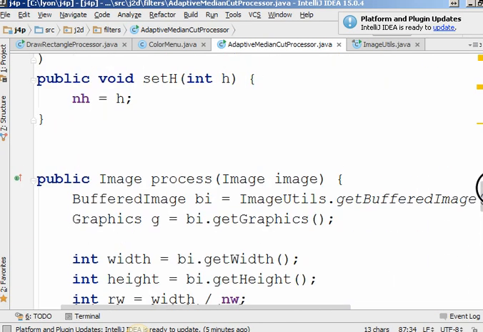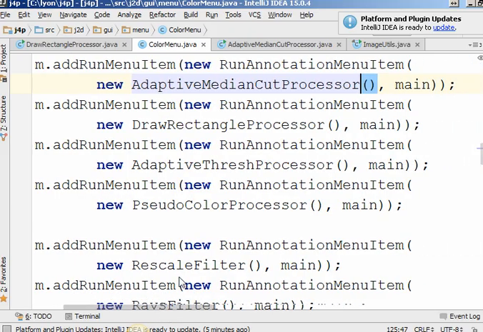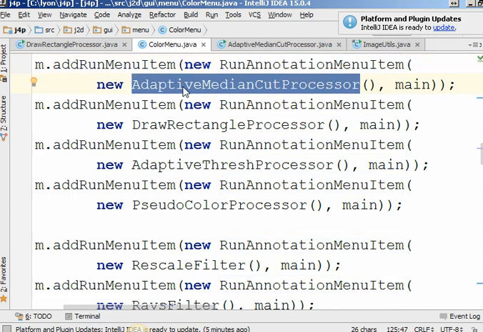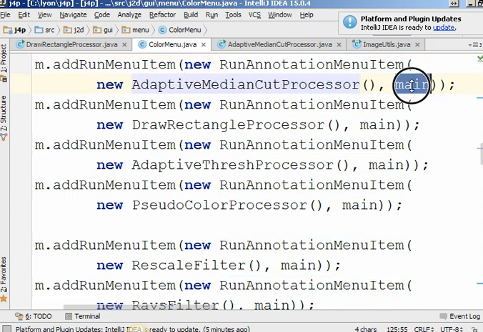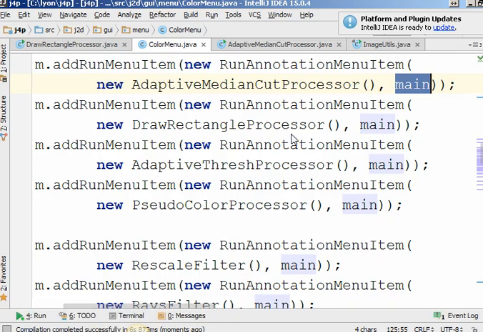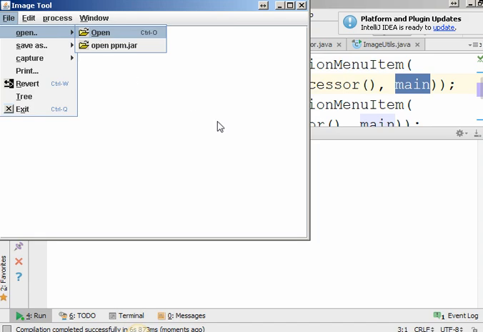So what happens? Well, we go out to the color menu. We make a new instance of a run annotation menu, which creates the GUI for us, throw the adaptive median cut processor in, pass in the main method so that we can get updates, and then we proceed to run. The interesting thing I think about this approach is that you can make up as many plugins as you like. These processors are just operators, and the operators allow us to automatically obtain